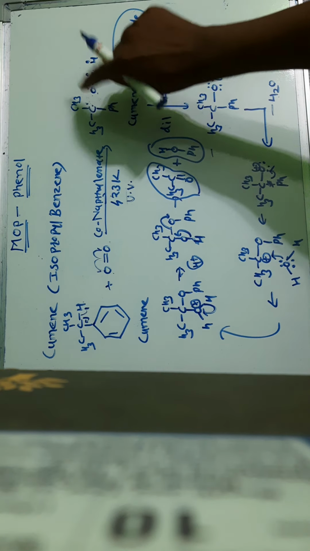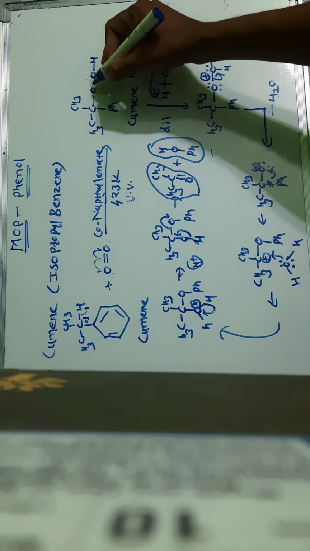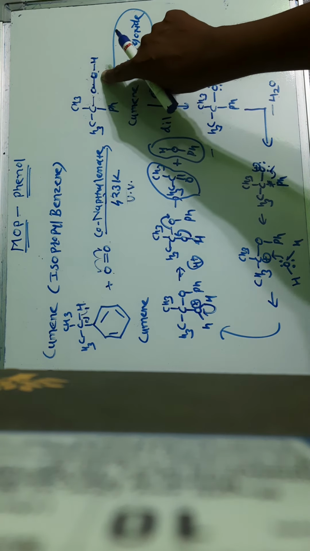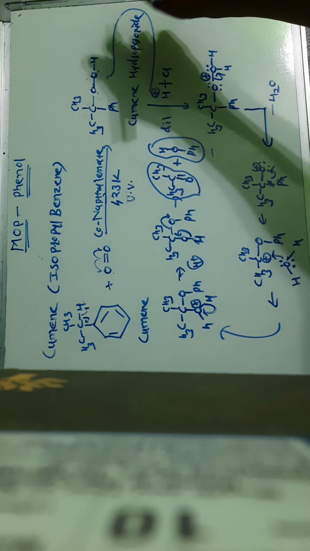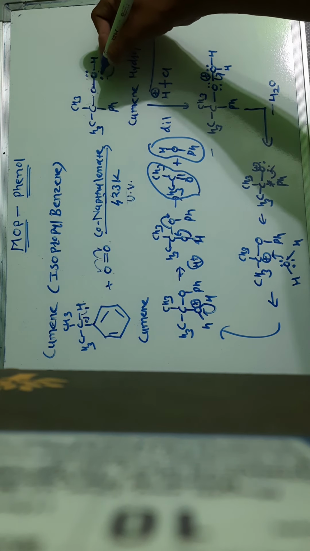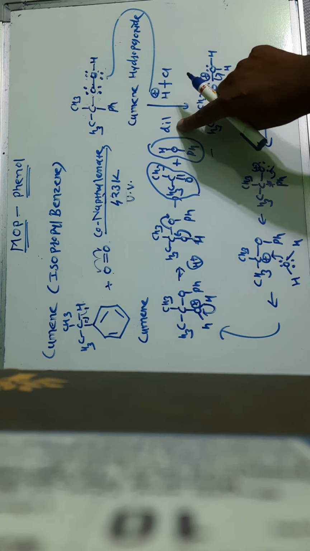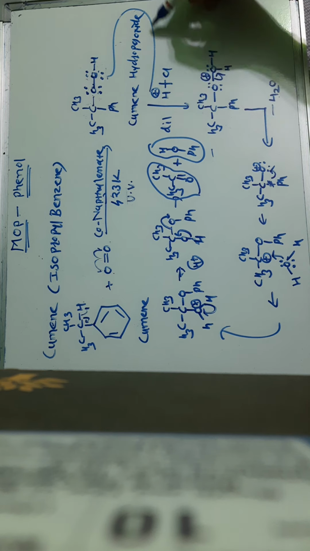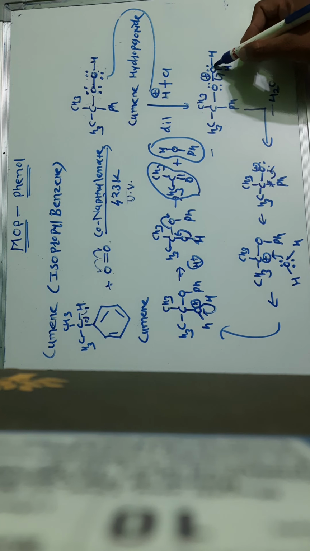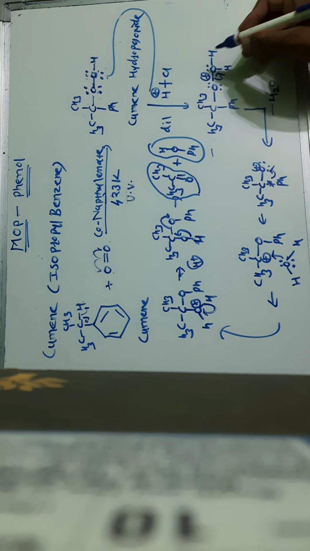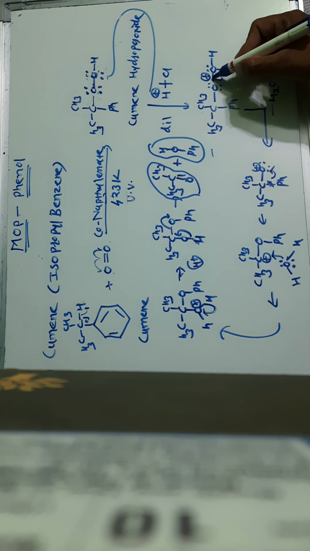Now this oxygen and this carbon share their electrons and form a covalent bond. This hydrogen and oxygen share the electron and form a covalent bond. And there is already a covalent bond between the oxygen atoms. That means there is a formation of cumene hydroperoxide as an intermediate first. And we know that each oxygen atom has two lone pairs of electrons. If we acidify this cumene hydroperoxide with dilute HCl, this H plus ion may easily attack these oxygen atoms in this way. Now there is a formation of three bonds on the oxygen atom, and the oxygen carries a positive charge. So it can be easily removed in the form of H2O by abstracting the electrons from this bond.